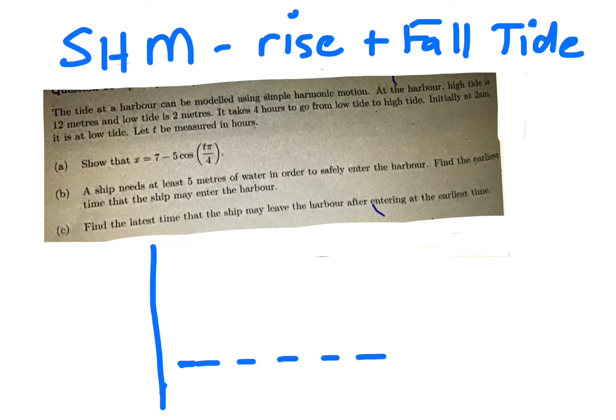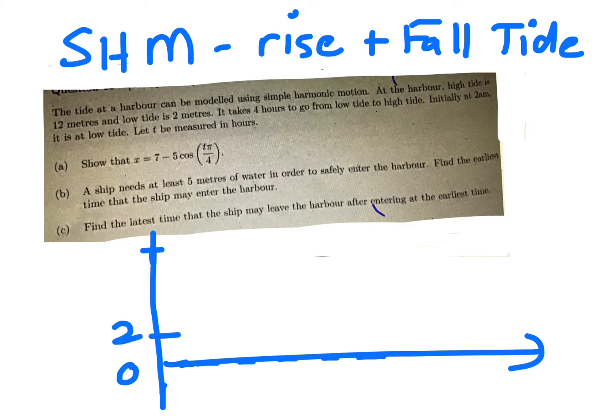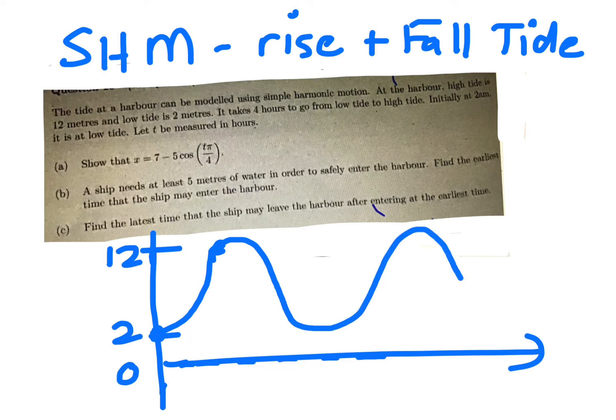Okay, so if that's 0 there, low tide's 2 and high tide's 12. It takes 4 hours to go from low to high. So 4 hours to go from low tide up to high tide. So that means starting here and we go up to high tide and then we come back down and we go up and down and up and down. Okay, so that there, from there to there, takes